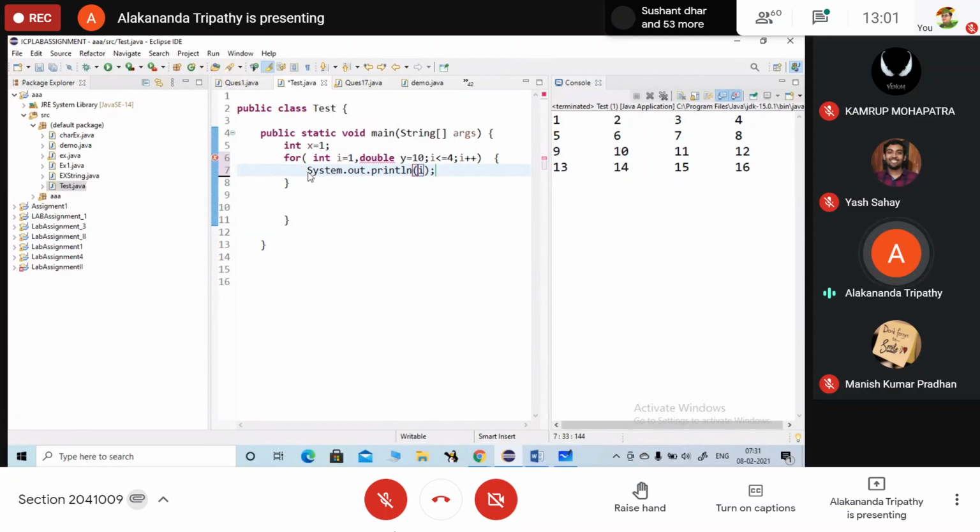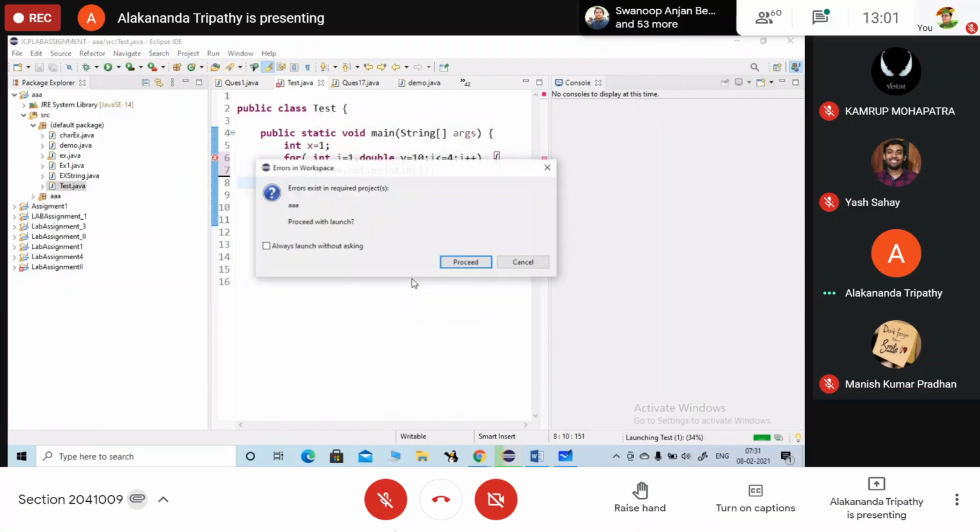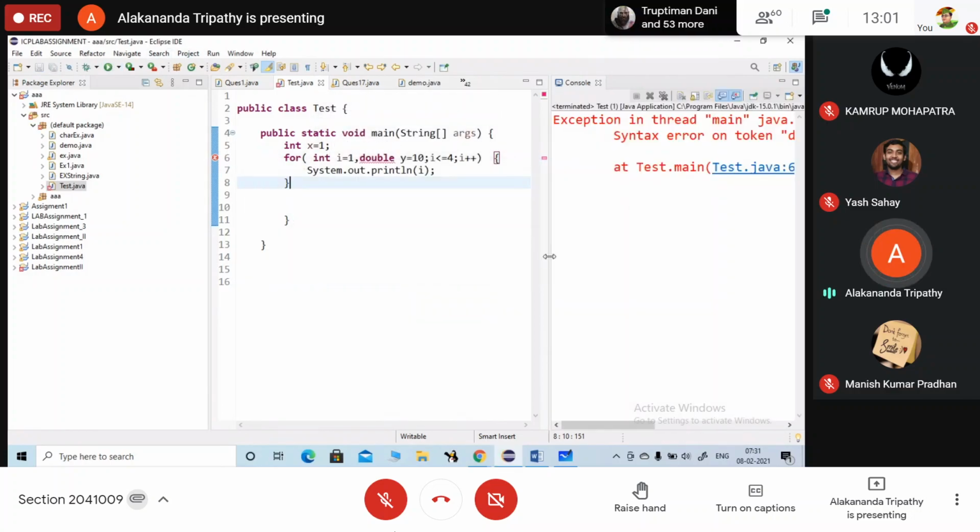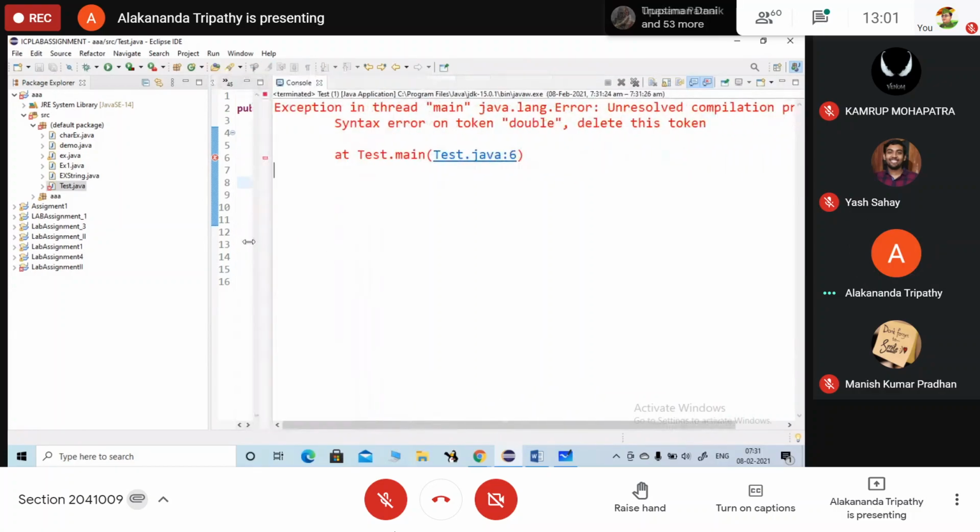I will print the value of i. Error is coming, right? What is the error? Syntax error.